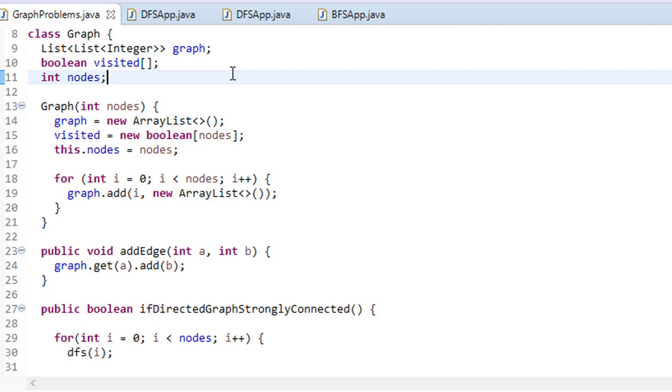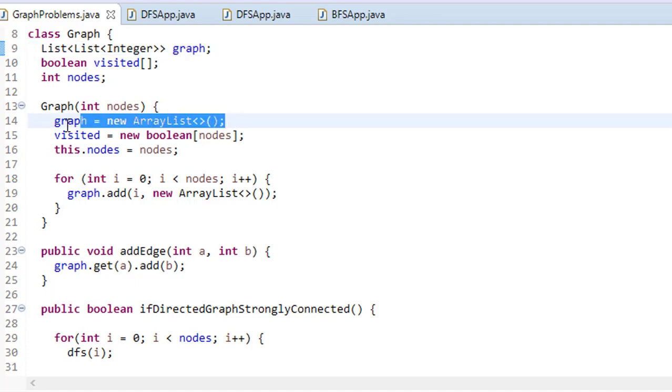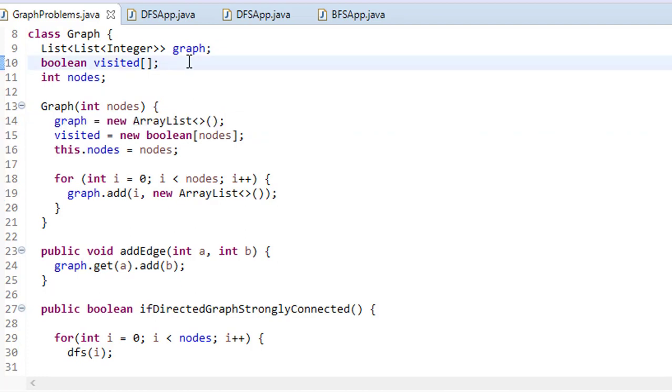In an adjacency list, for each index it will be a list. Those lists represent the neighbors that each node has. That is why we are saying that here the graph is a list of lists. So first of all I'm initializing this list, and then I'm creating the visited array. In this visited array I'm saying how many nodes I have, because this visited array is very important. It will give me information on whether I have visited all the nodes or not.